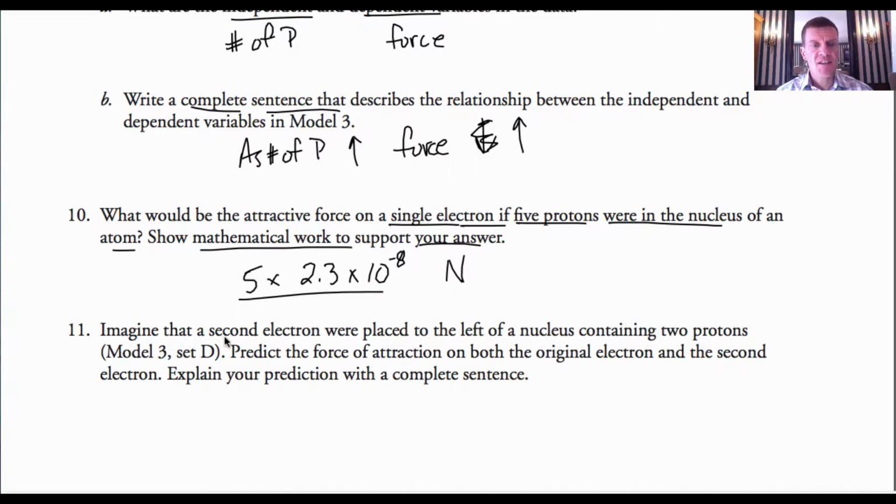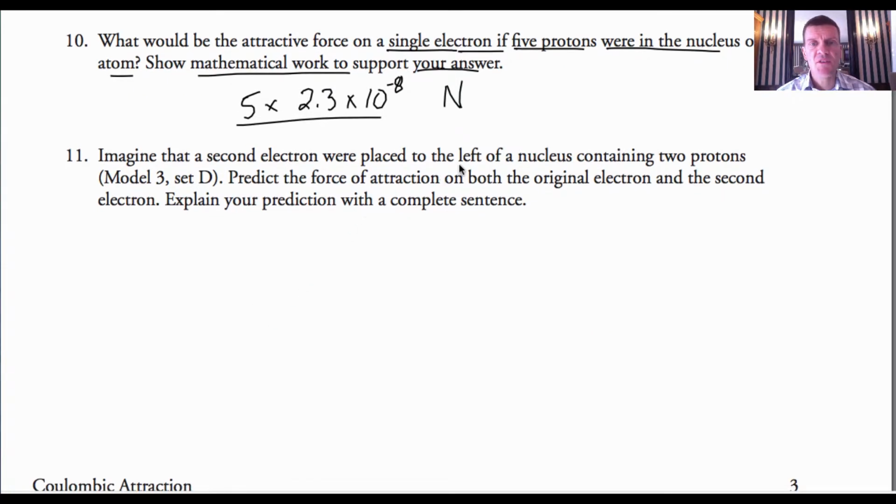Number 11, imagine that a second electron were placed to the left of a nucleus containing 2 protons, model 3, set D. Predict the force of attraction on both the original electron and the second electron. So let me repeat this. You have a second electron, and it's placed to the left of the nucleus containing the 2 protons. So what's going to happen here,